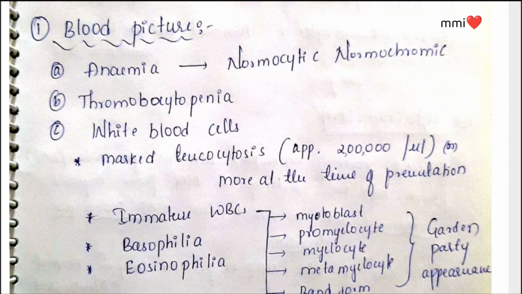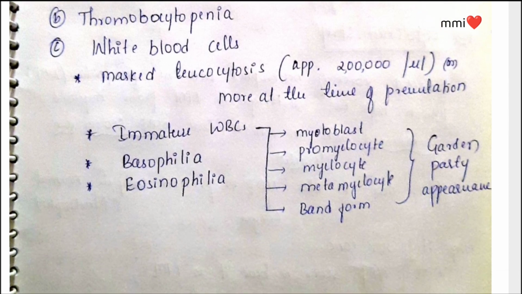So how this slide appears. Anemia will be normocytic, normochromic. It is like a normal shape and normal color. Thrombocytopenia, decrease in the platelet count. WBCs: there is marked leukocytosis, increase in the WBC count, that is 2 lakh per microliter, and more at the time of blast crisis. Next, immature